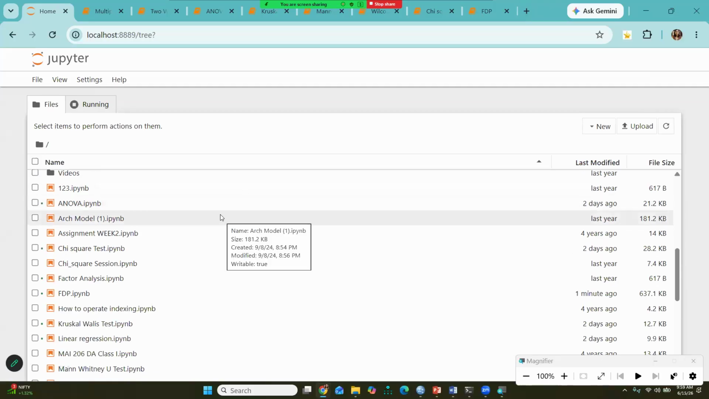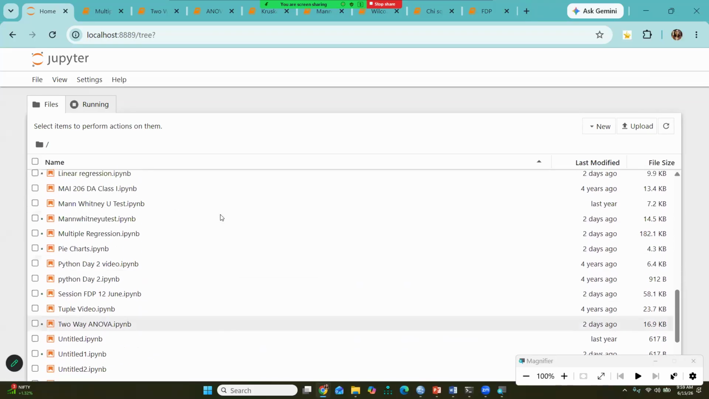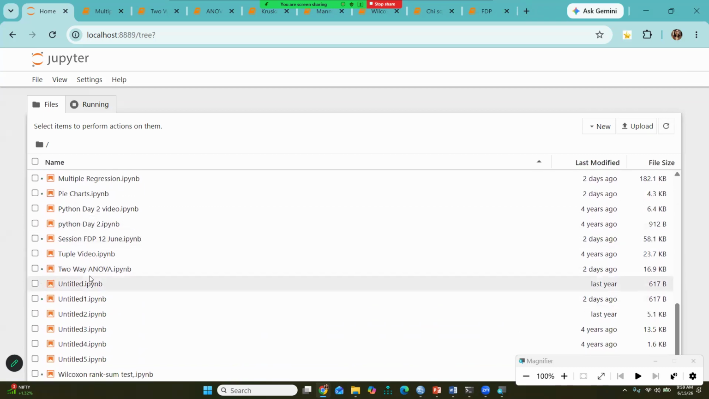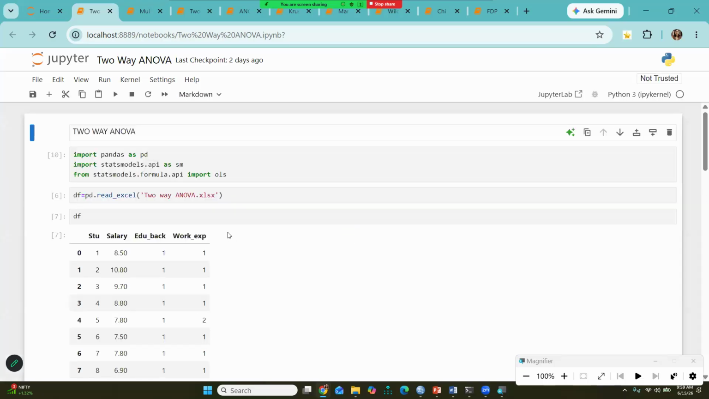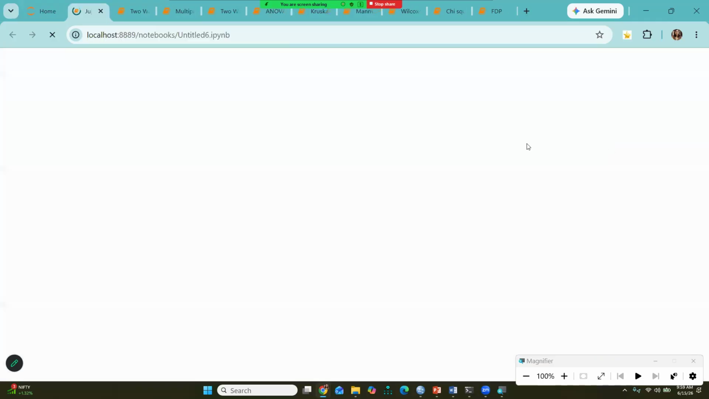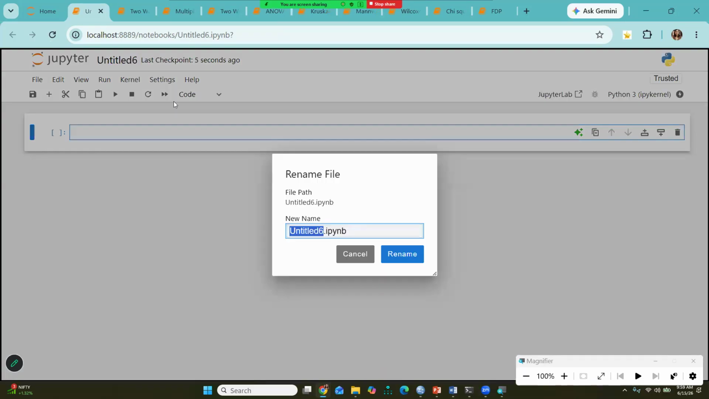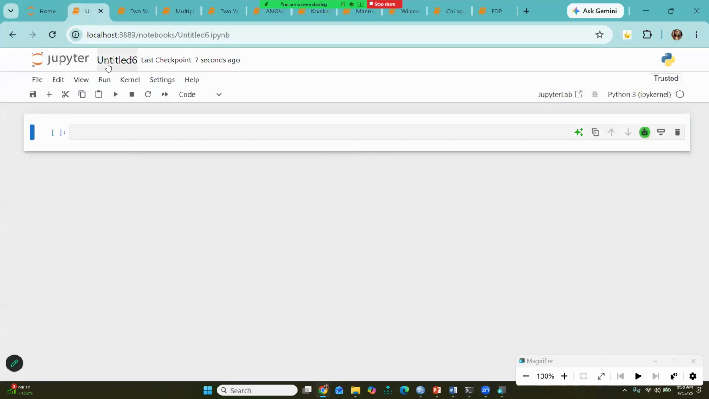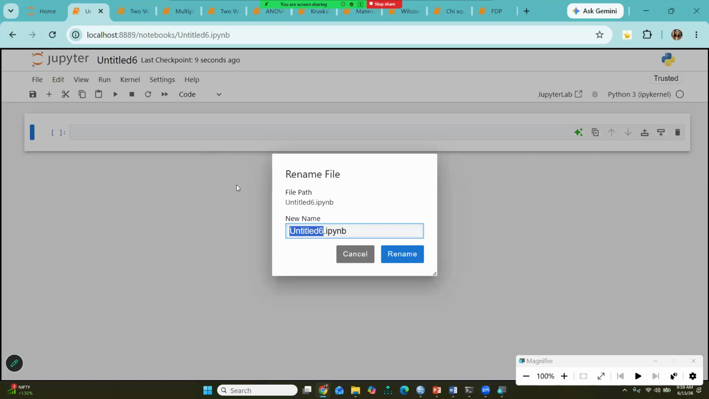So let's say I'm going to use this two-way ANOVA. A moment ago I had opened my two-way ANOVA file. Or simply, what we have to do is close this and open one more new notebook. This is my new notebook, and I'm going to rename this. Let's say it's the demo of